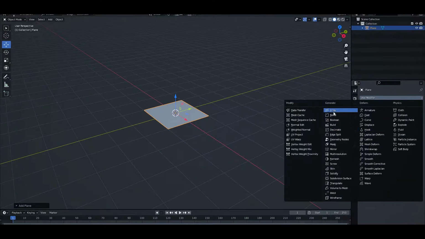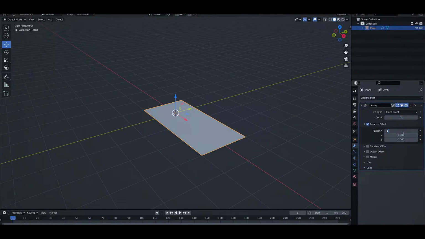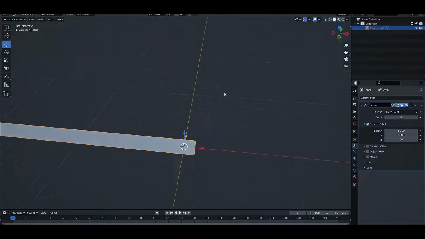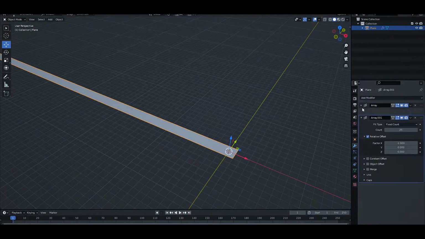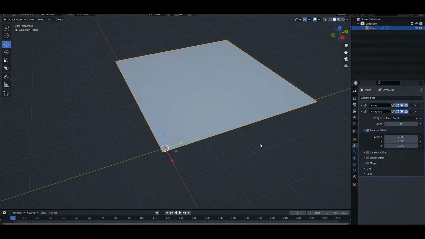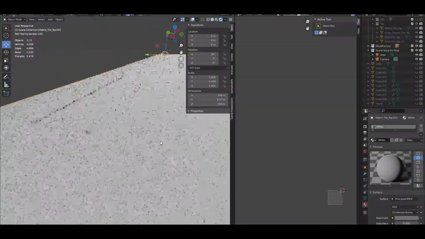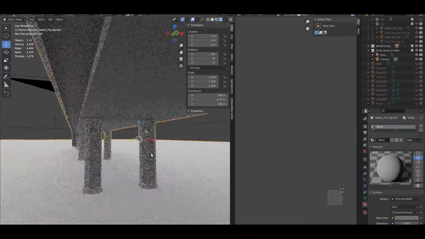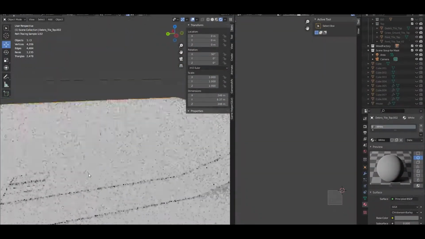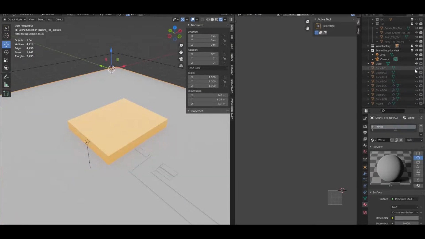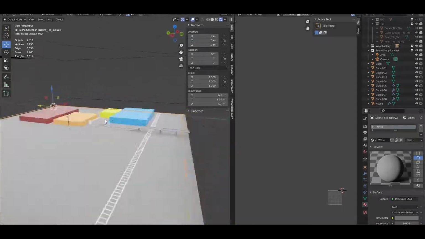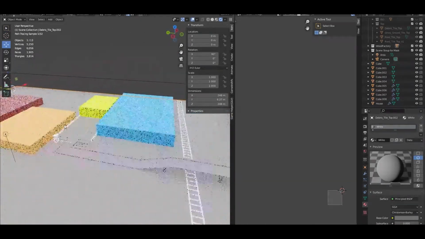So let's go. This is the easiest model I have ever made in Blender. I made a plane and added 2 array modifiers, and the ground is ready. Need more details. So I added some roads, bridges, rail tracks and some other stuff. I also added some cubes, and later I replaced these cubes with some buildings and machines.